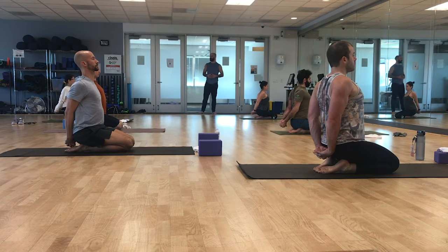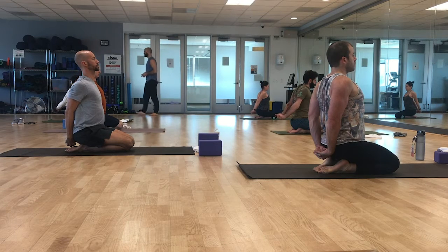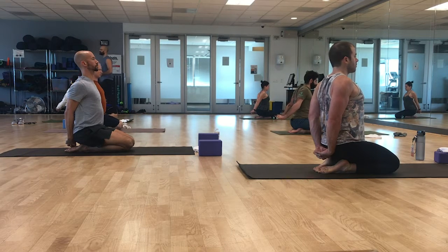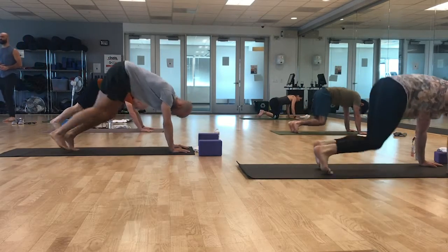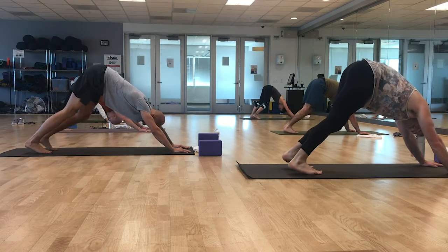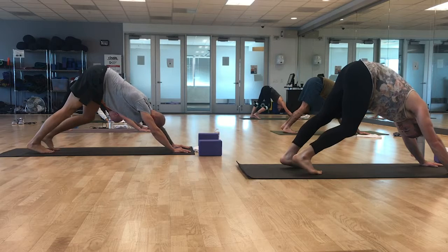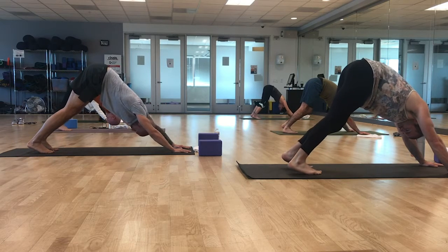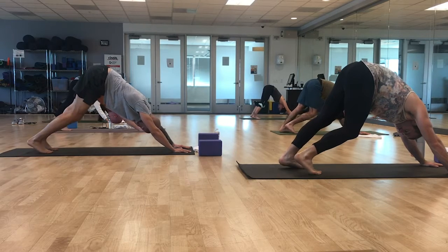Good. And once you're done with that last breath, simply move your way into downward facing dog. And as you like, taking your dynamic movements to downward facing dog. And the breath pacing is a little longer, of course, than when you're doing your work at the stand-up desk